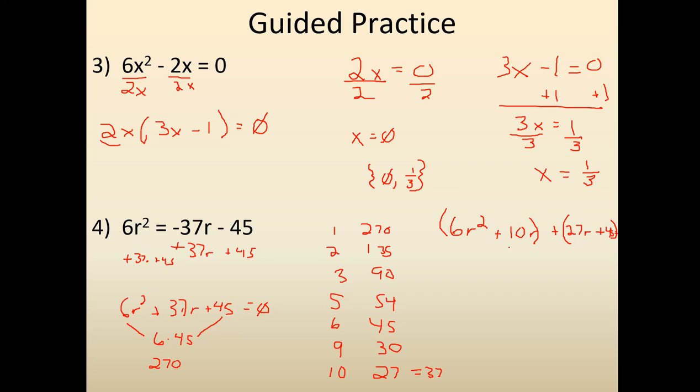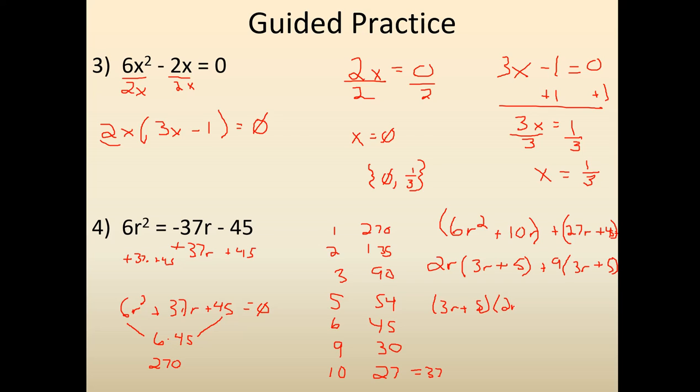So 6r squared plus 10r. The greatest number that I could pull out is a 2r. And then I'll be left with 3r over there and 5 over here. And then on this side, the greatest number that I could pull out of there is going to be a 9. And I'll be left with a 3r and a 5. So my factor will end up being 3r plus 5, because remember that's the common term, and